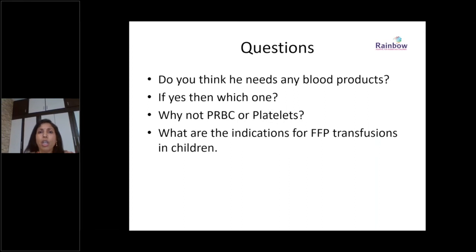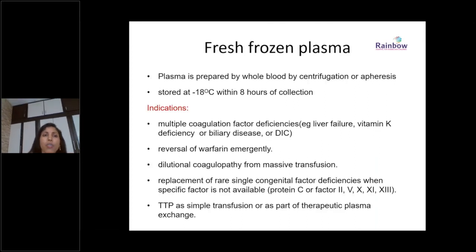So what are the indications of fresh frozen plasma? You have to divide them into inherited and acquired. In acquired, liver disorders with coagulopathy with bleeding, and vitamin K deficiency with significant bleeding. Most vitamin K deficiencies reverse with vitamin K therapy alone. However, if they are not reversing with vitamin K therapy alone, with a significant bleeding problem in the early phase itself, then you may have to go ahead with FFP.